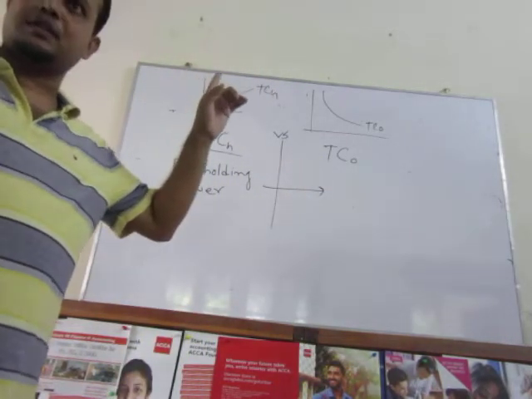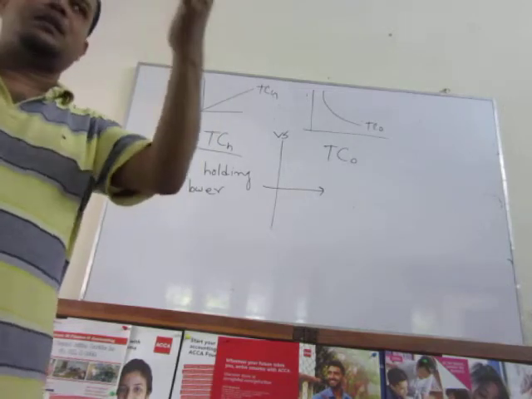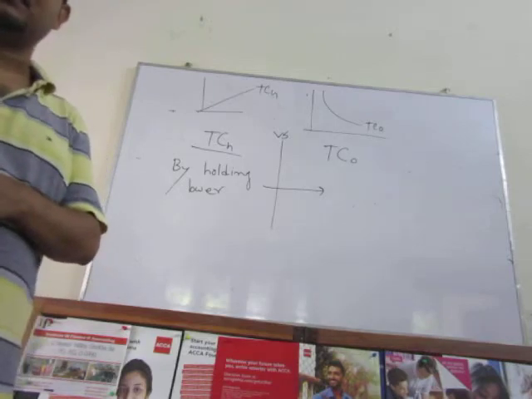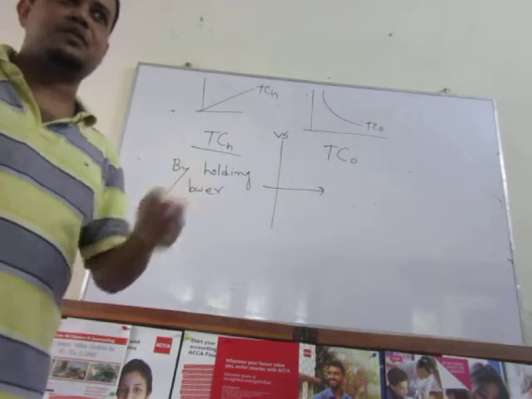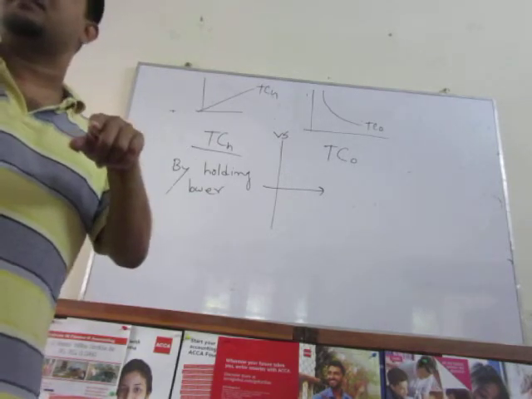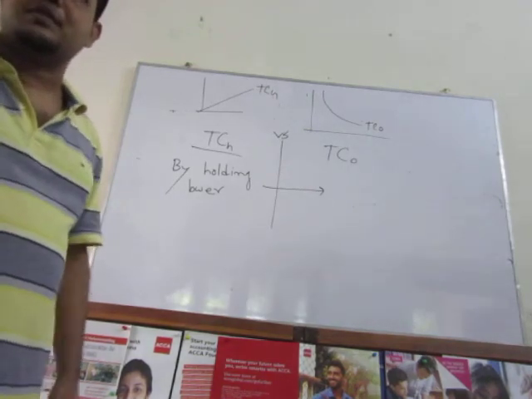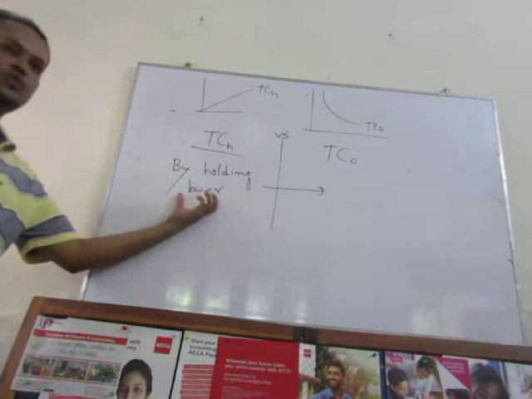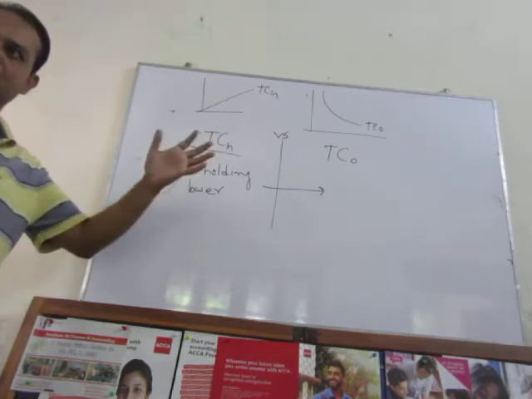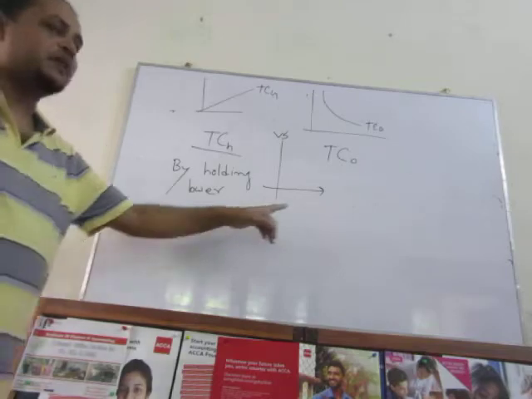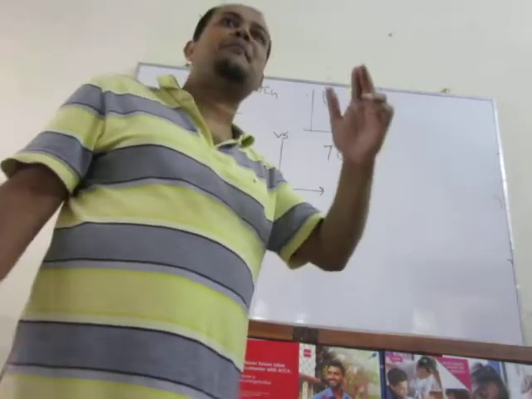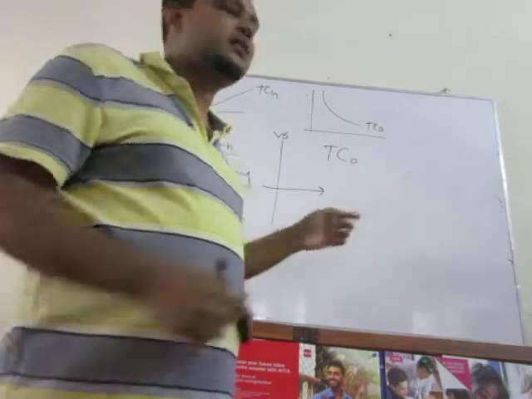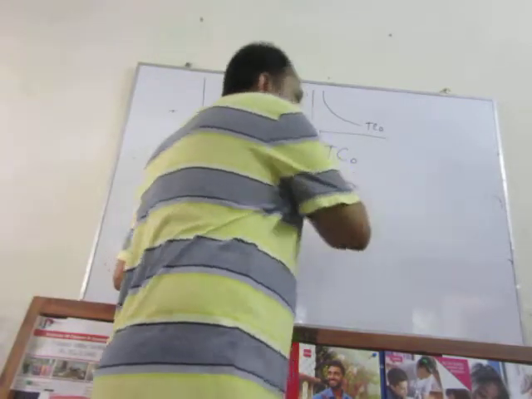In the initial example we have discussed, when you are ordering 5 metric ton to have 20 metric ton, you have to place order 4 times. But when you are ordering 10 metric ton, to have 20 metric ton, you have to place order 2 times. The number of orders reduces. That means if you want to reduce the TCH by holding a lesser amount, it will affect TCO. Ultimately, your number of orders will increase, and total ordering cost obviously will increase.